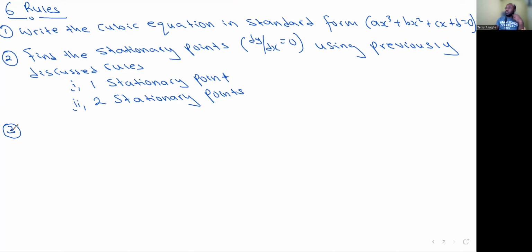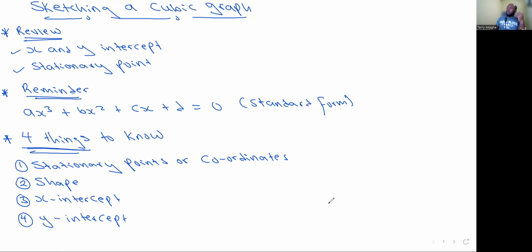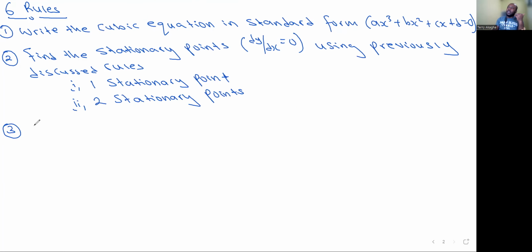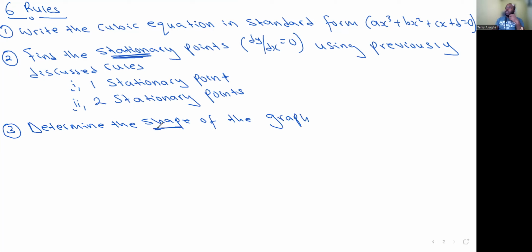Now, number 3: we need to talk about the shape. After you found the stationary point, the next thing is to determine the shape of the graph. So the first thing we did was find the stationary point, and now we're going to talk about the shape. There are two things to keep in mind. If from step 2 you only got one stationary point,